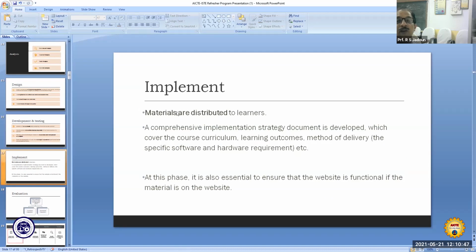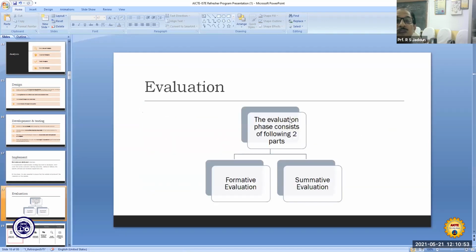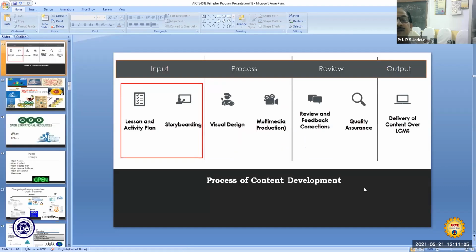And finally, materials are distributed to the learners. So this is the implementation stage. After implementation, we have to evaluate. And the evaluation phase consists of two parts: formative evaluation and summative evaluation.